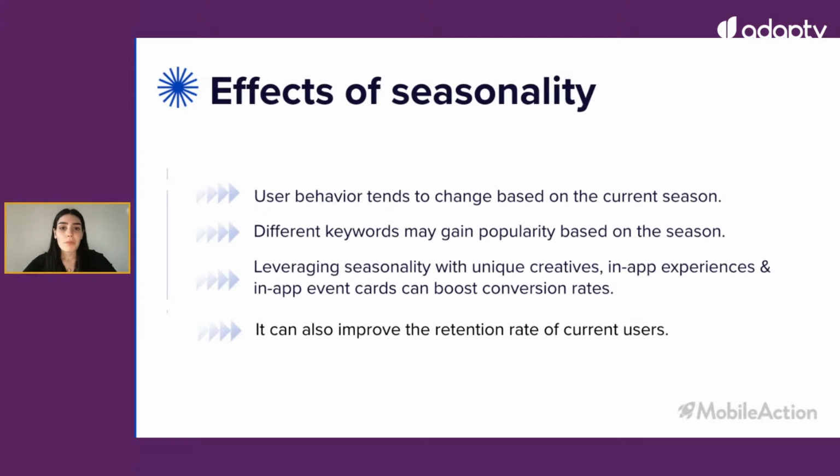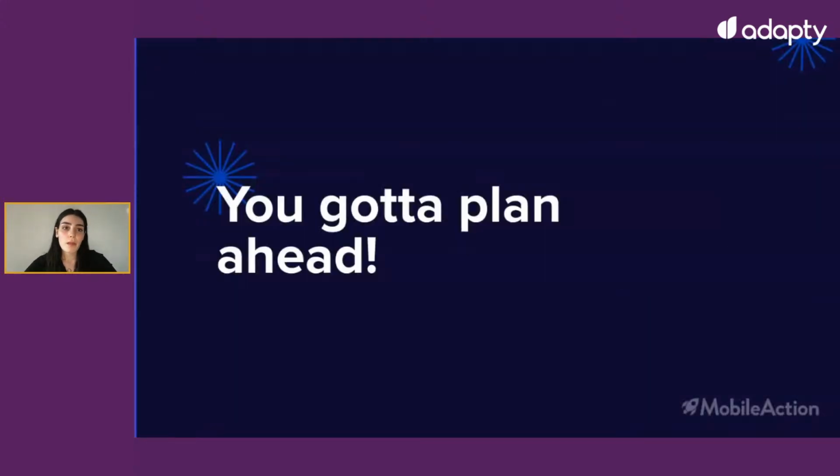So before I move forward with the technical part, I would like to share my first tip, and it's you got to plan ahead. The best way of getting ahead is to plan ahead. So start by preparing a calendar. For instance, if you are marketing a dating app, chances are you don't want to miss out on Valentine's Day, right? Or your app might be related to sports, and in this case, Super Bowl, Olympics, or FIFA World Cup could be a perfect fit for your app.